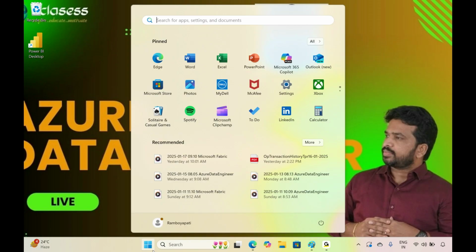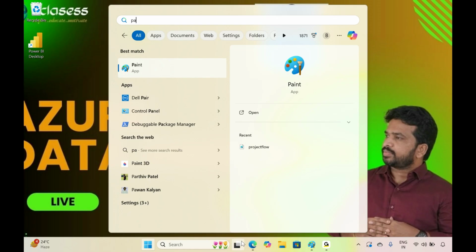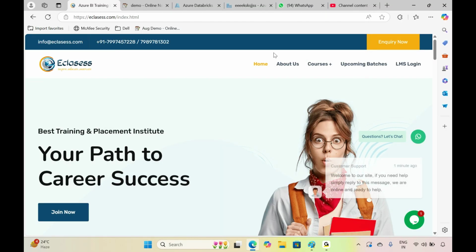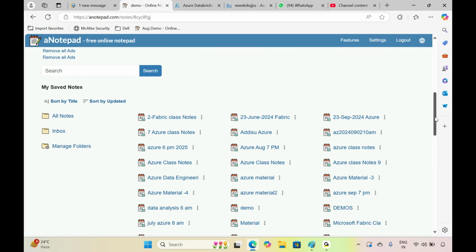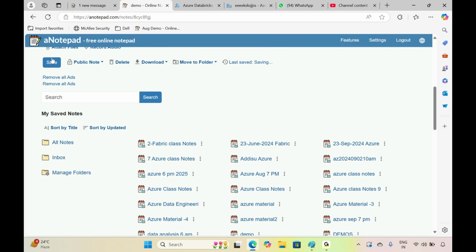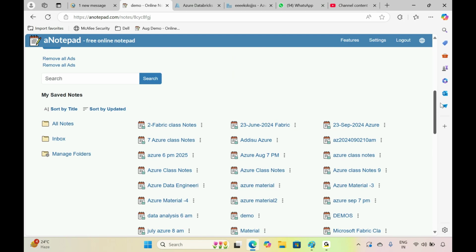So, what I'm going to discuss in today's session is what exactly Microsoft Fabric is and what is the importance of Microsoft Fabric. As per my understanding, many students are confused. What kind of course do I need to learn over here? If you see, like,